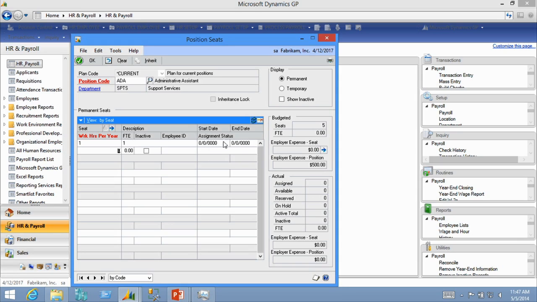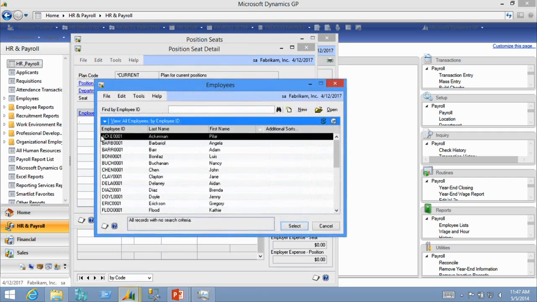So you assign them by start and end date. I may be in this position, ADA, Administrative Assistant, from January 1st to March 31st. But then after that, I may be in another position. So your position is really driven based off this date. If I'm not in a position with a date and you're processing payroll, I could be dropped off the payroll as well. So if I click into this blue arrow here,